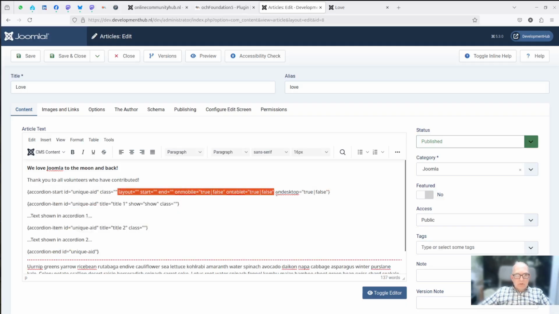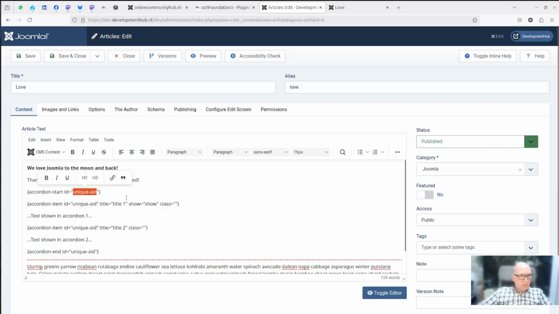As you can see, the accordion can also have a start and end dates and be enabled on different devices. We're just going to delete that. Every accordion must have a unique accordion ID, which can be anything, but it should be repeated on the accordion items as well. Okay, so let's set a title for the first accordion, generic,